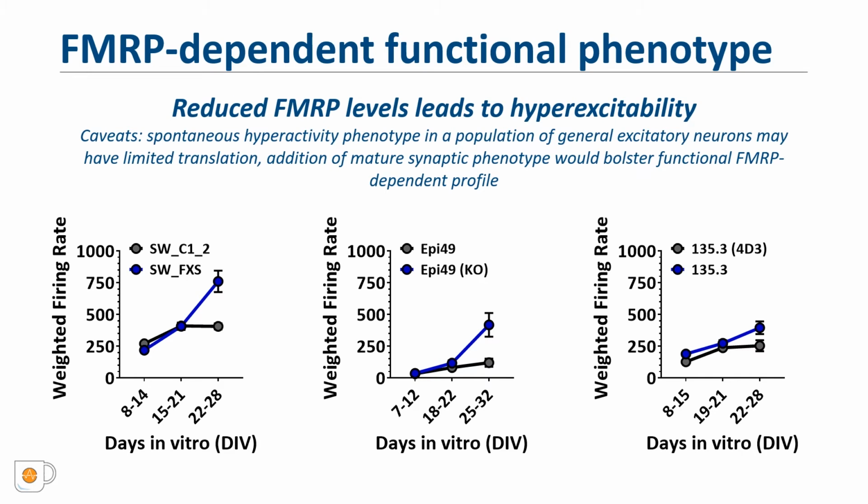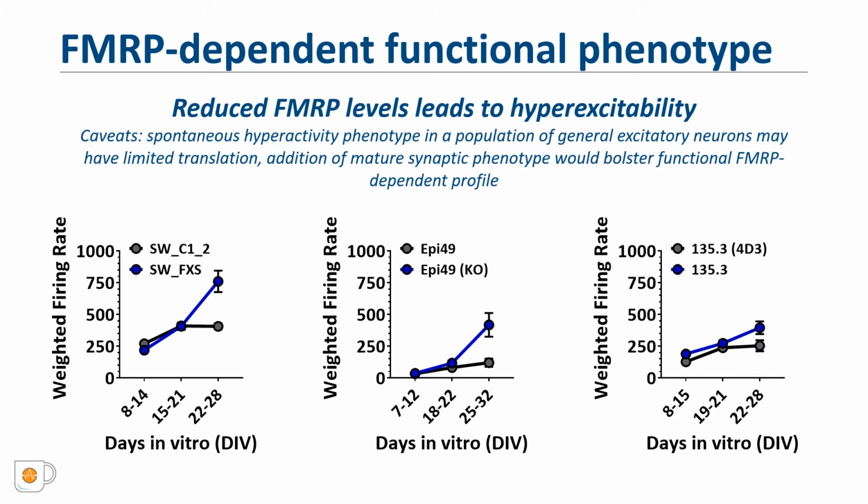In follow-up experiments, we used the 3 previously described isogenic lines to confirm this increase in spontaneous activity on the MEA. We were able to demonstrate hyperactivity in neurons lacking FMRP that manifested after 3 weeks in culture for all 3 isogenic pairs tested. These experiments established a functional phenotype for Fragile X iPSC-derived neurons where reduced FMRP levels leads